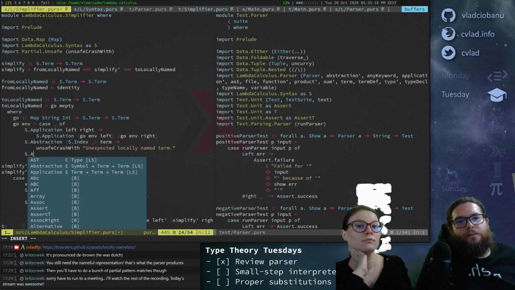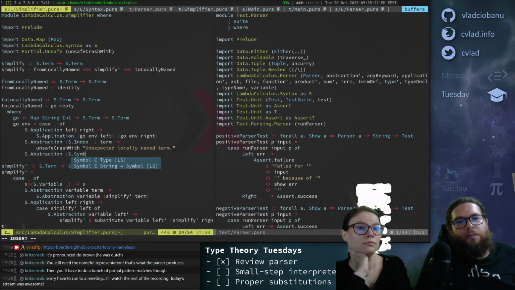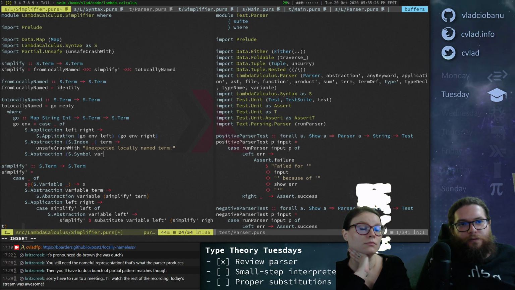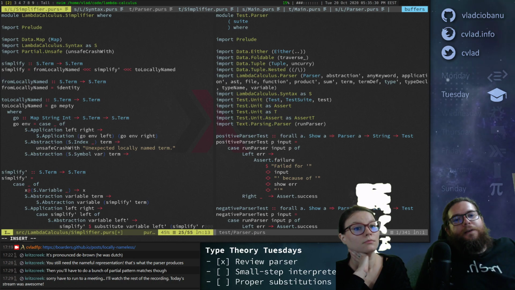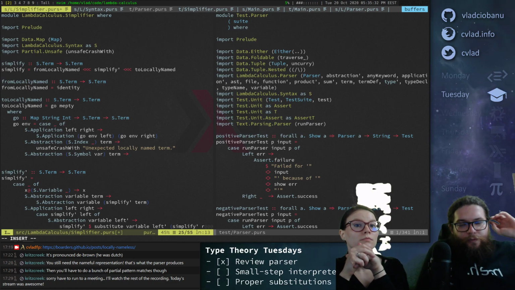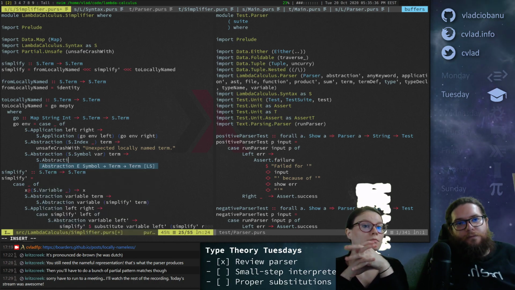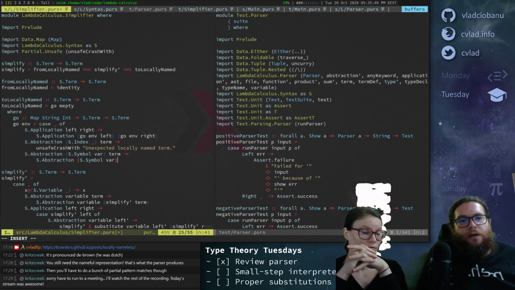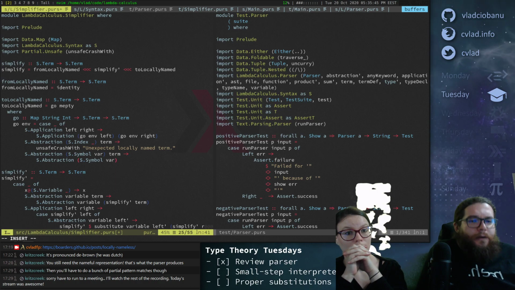And then symbol. Where can we do just this? Okay. So the idea is we need to also return abstraction, right? With the same symbol, right? We need to. That's fine.